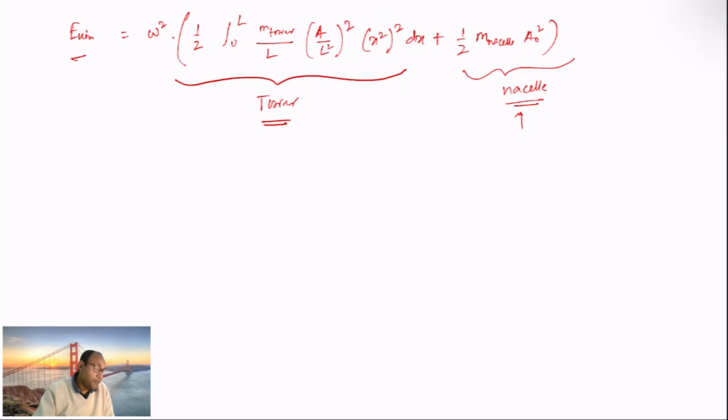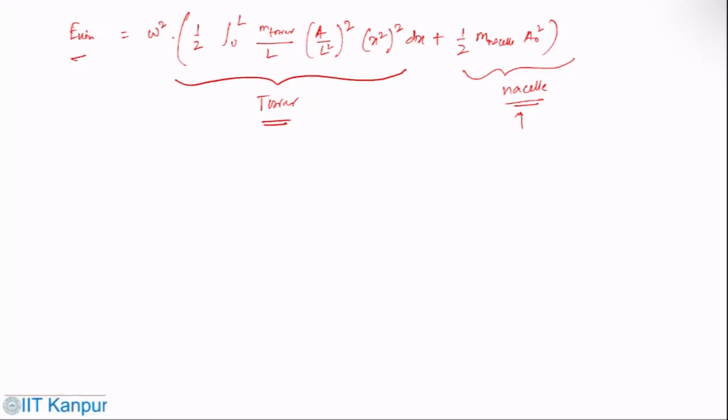So now going through this analysis, if you see this kinetic energy expression here, what we have taken care of are the two components, one coming from the tower and one coming from the nacelle. Okay,